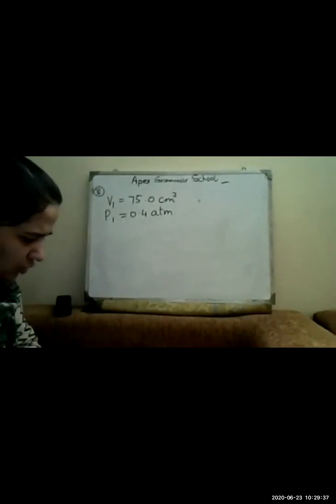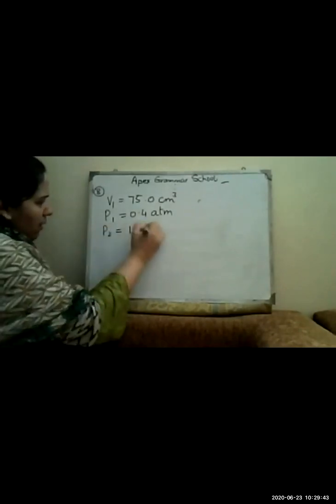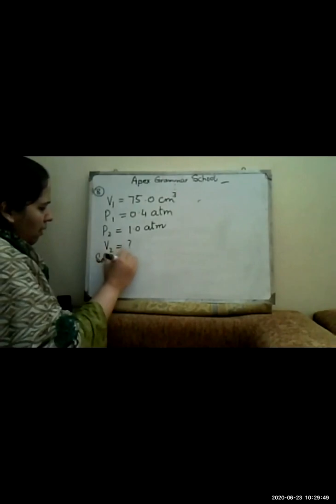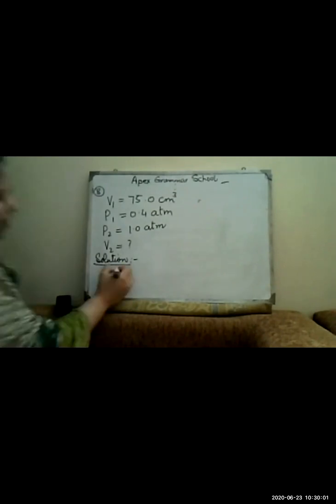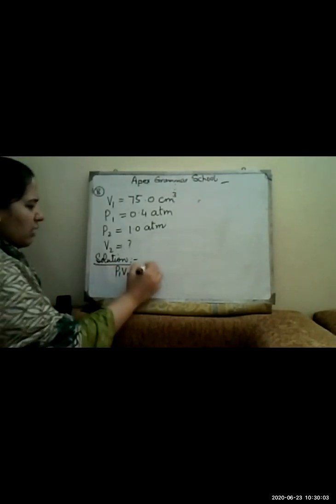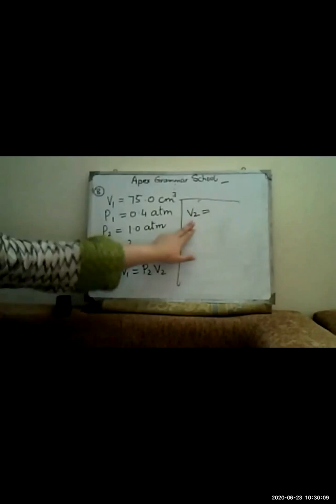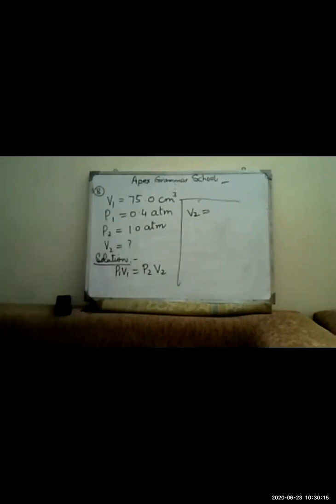Assuming temperature remains constant, what would be the volume at pressure P2 is 1, and V2 you have to find out. Now you can see what we are keeping constant, and then what formula is going to be applied over here. So over here again Boyle's law is going to be applied. P1 V1 is equal to P2 V2, and we have to find out V2. We will simply rearrange the formula and then put the values. After putting the values and solving, the answer will come is equal to 30 cubic centimeter.